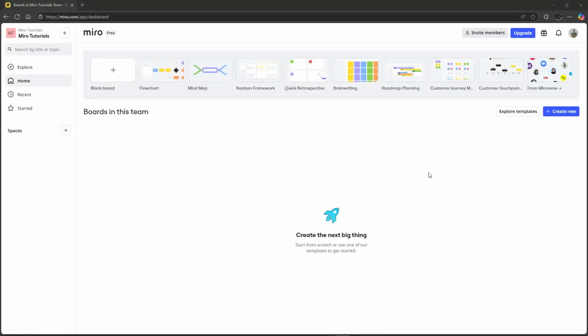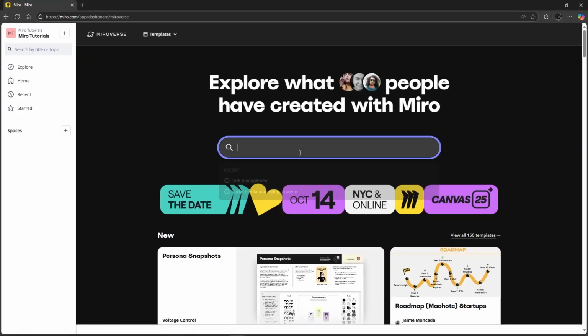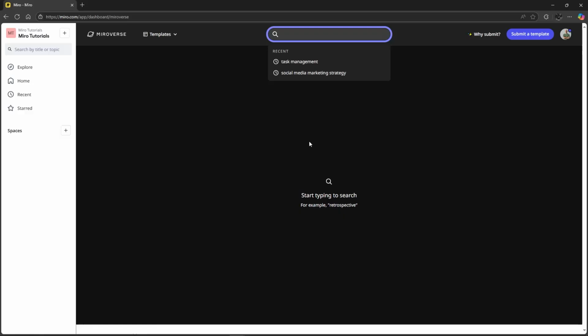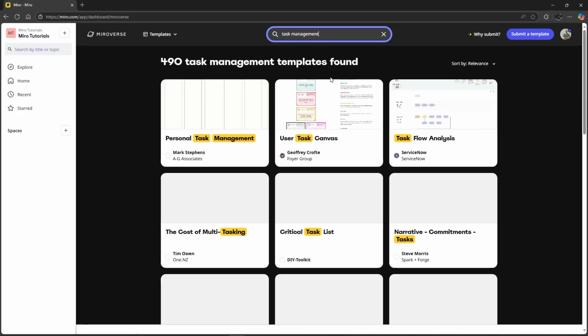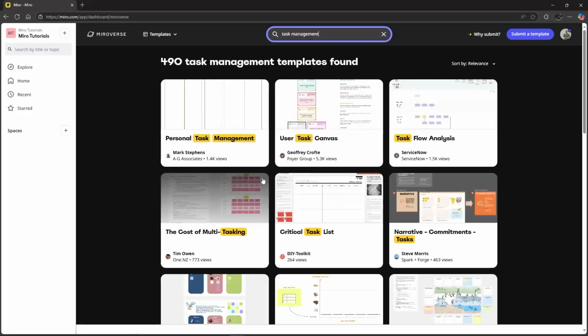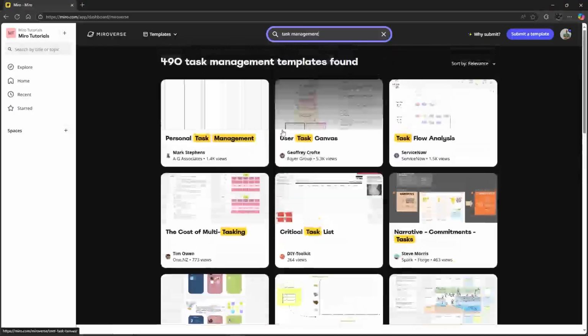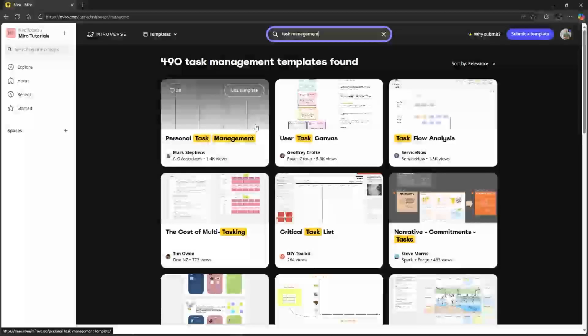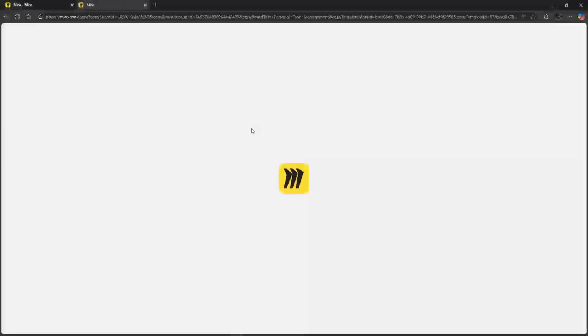In this video, I'm going to show you how to use Miro for task management. Now, all we need to do is go over to Miroverse and we will be searching for task management templates. So just search up task management, and once you've searched, you will find a bunch of task management templates right here. But for me, I'll be using this personal task management template, which is quite simple